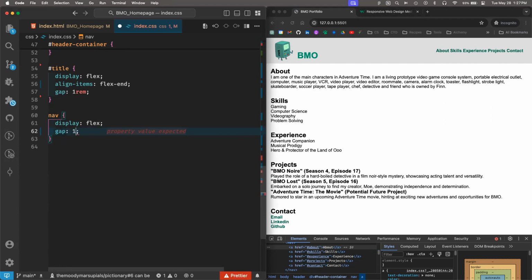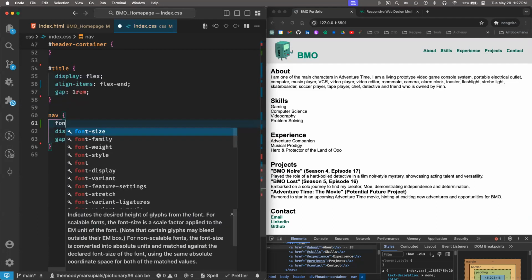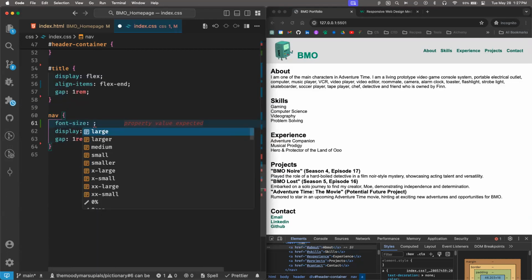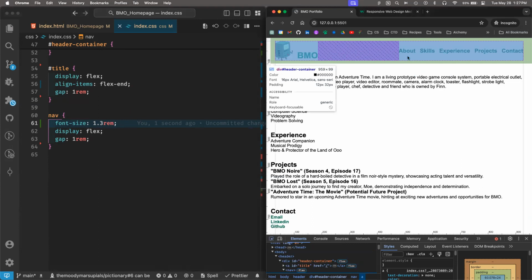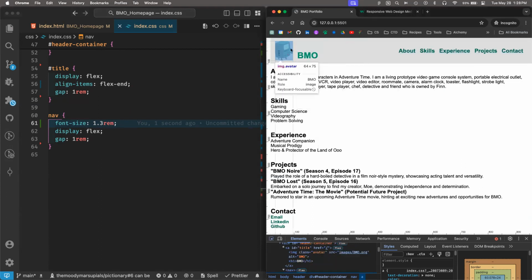I'm just a big fan of Flexbox. It helps with a lot of things. One of them is doing a gap between items. And then I'll make the font size bigger here. So I'll say font size, let's do 1.3 rem. And then you can see they're appearing in the middle. I kind of want them to appear at the same level as, well,